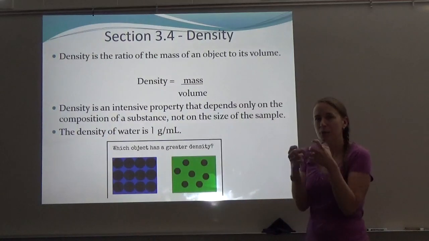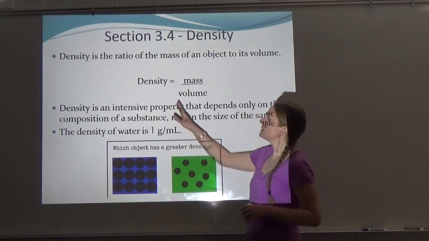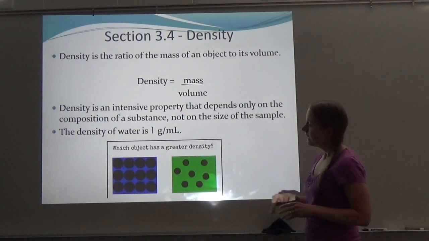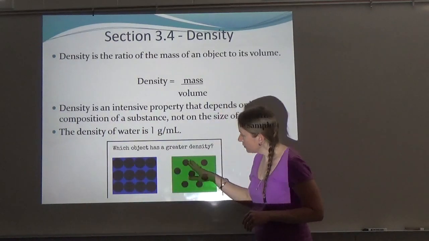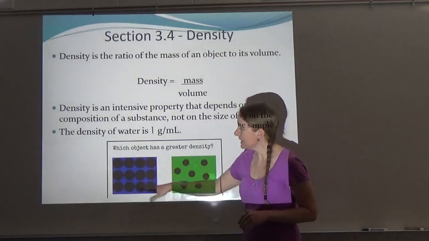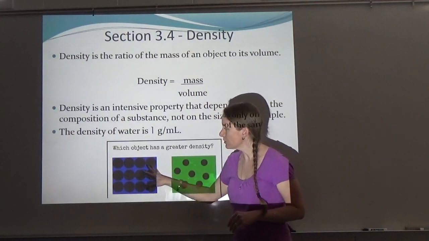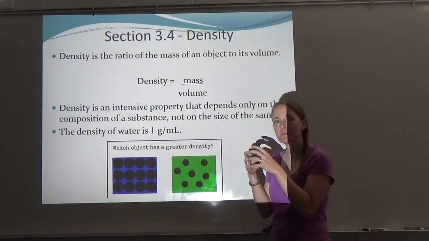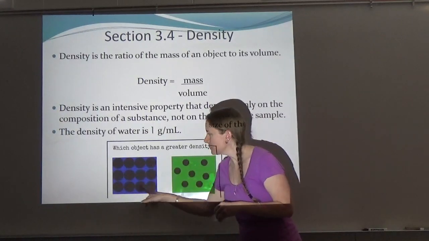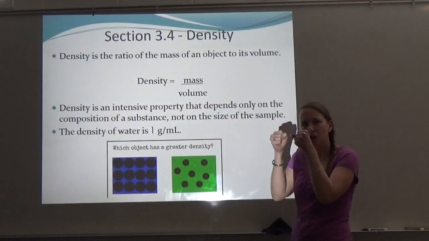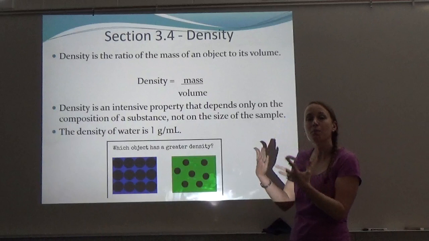It kind of deals with how compact the particles are. So density equals mass over volume. And so when you look at these two, you can see they're taking up the same amount of volume, but these particles are packed a lot closer, so there's going to be more mass in the same amount of space. So this substance would be more dense because the particles are packed closer together, so you get more mass per